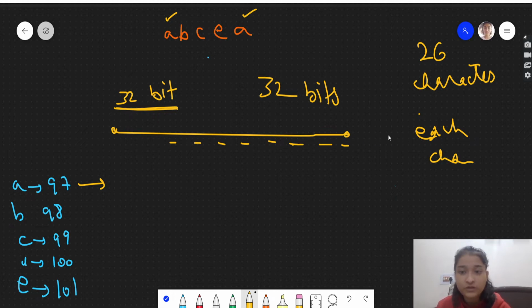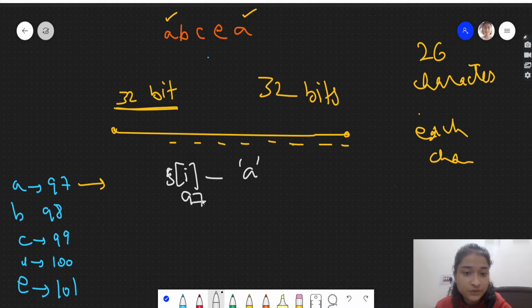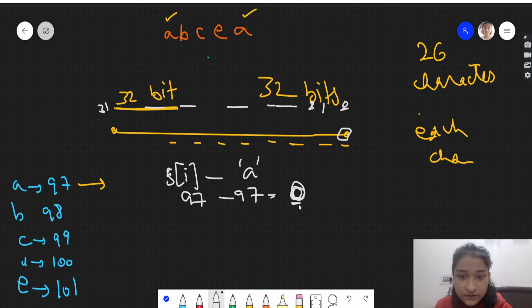Let's see how. We have 97 as a's ASCII value, and you can subtract a's ASCII value from it. So 97 minus 97 will be 0. Hence this 0th bit, with bits going 0, 1, 2 up till 31, will represent our a character.